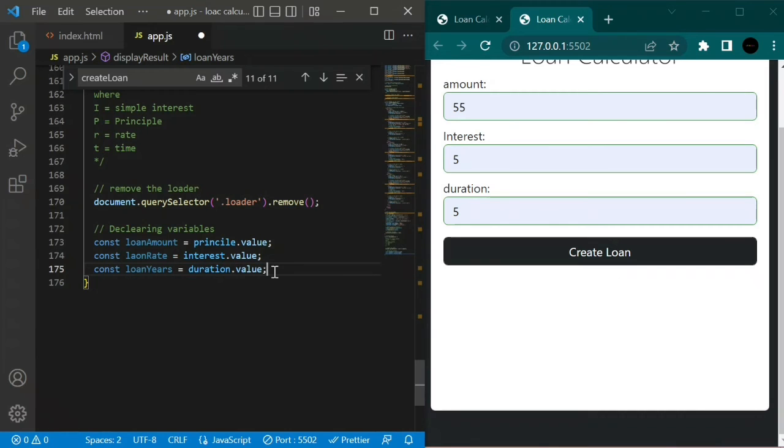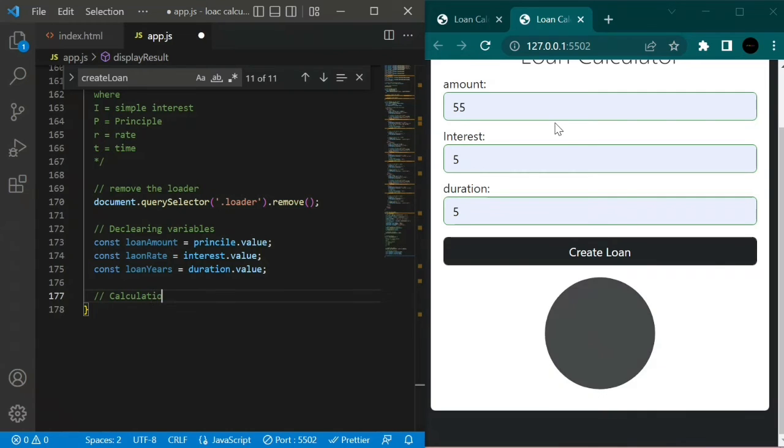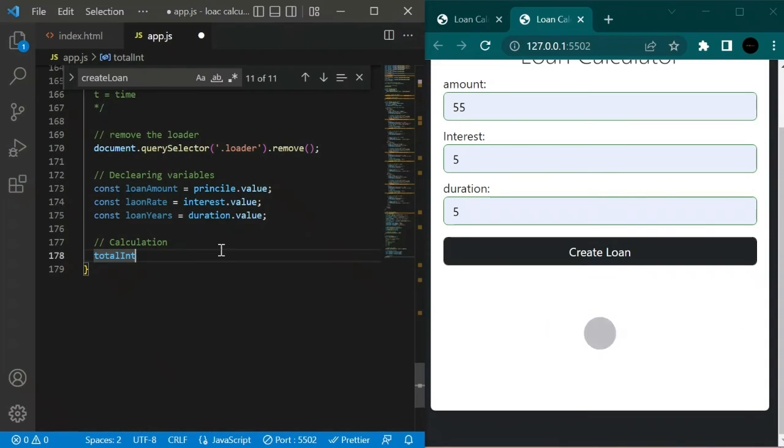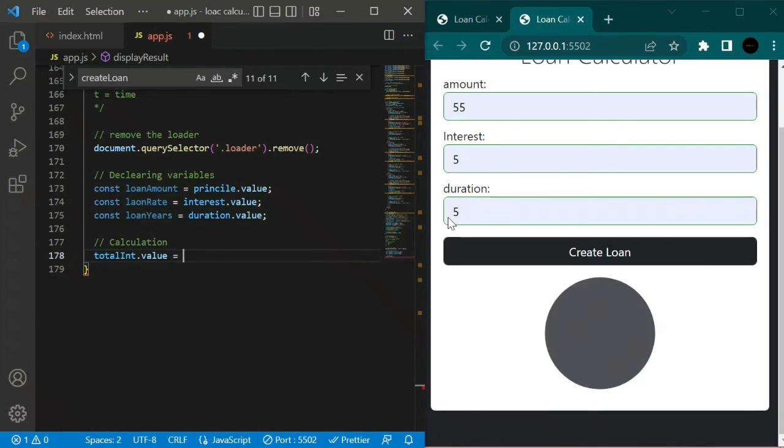Now we can start our calculations using, of course, the principle stated above in the comment. Calculations. So we want to get total int, which is this constant that we declared up here, identify the total interest, where we would record the total interest. So we say dot value, set the value of the total interest to, first of all, using a bracket, set it to loan amount multiplied